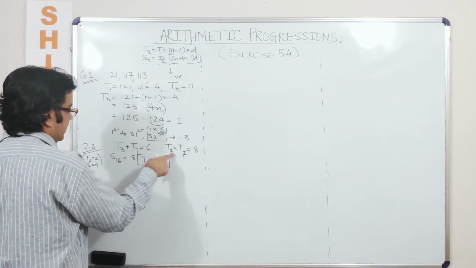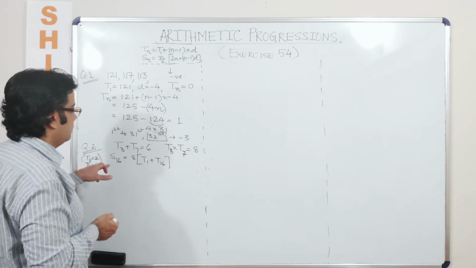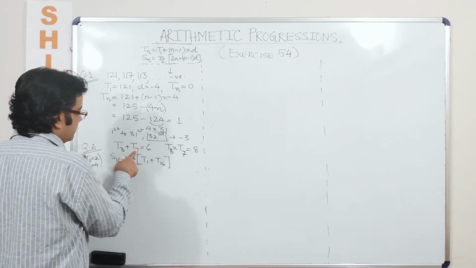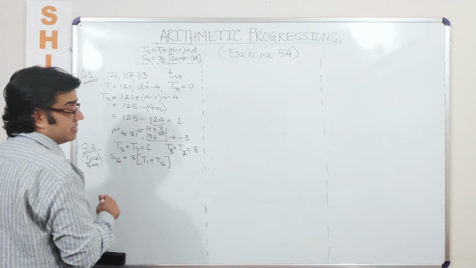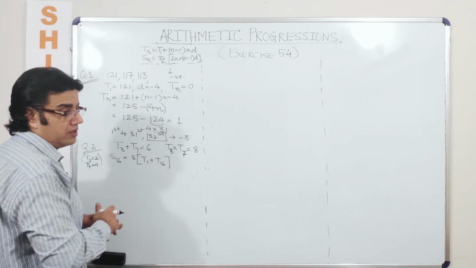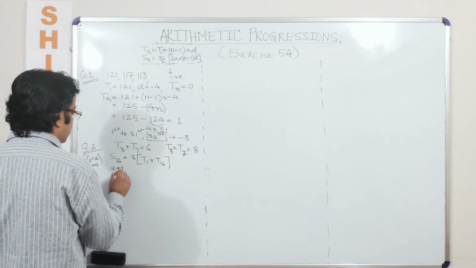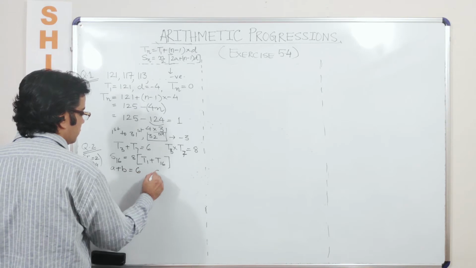So I'll have to make a quadratic equation here. Though broadly I know that these may be the values. I mean, one of them has to be a 2 and the other one has to be a 4, in case this arithmetic series had to be an integer series or a series formed out of natural numbers. Okay, so now if I say a plus b is equal to 6